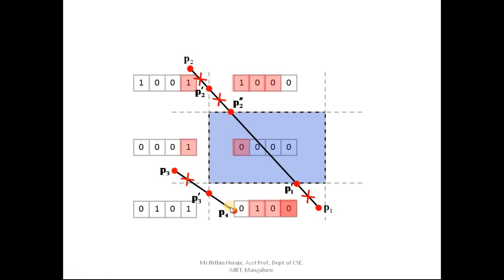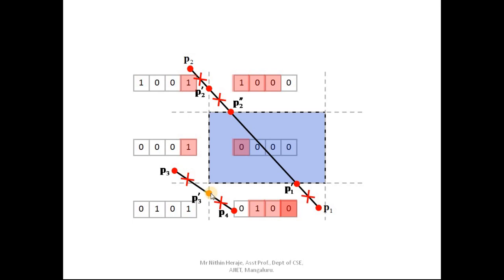When you refer to the P3 and P4 line segment, first we start with the left side. When it is left, this vertical line gives you the partition. From P3 you need to find this intersection point. This new intersection point is called P3 dash, for which you have to find the x and y value. This is the new point for this particular line segment.